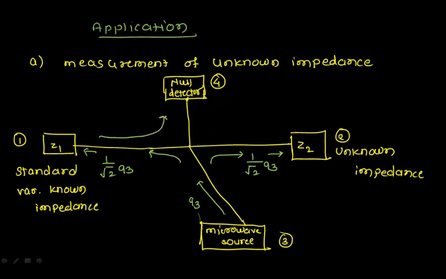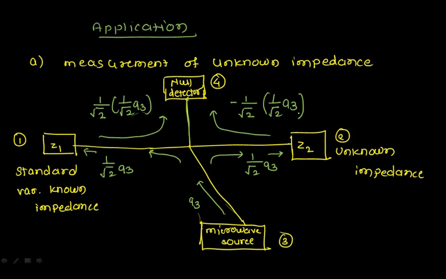Now what kind of reflections? Whenever you're giving something to port number 1, how does it get divided into port number 4? In port number 4 you get 1 by root 2, again 1 by root 2 A3, and whatever it is will be multiplied by 1 by root 2. Similarly, you have received power 1 by root 2 A3. Now this goes in reflecting. Here you will get 1 by root 2, because they will be out of phase, because this port is a difference port, and this port is the sum port. Whatever you have given here, this will be 1 by root 2 A3.